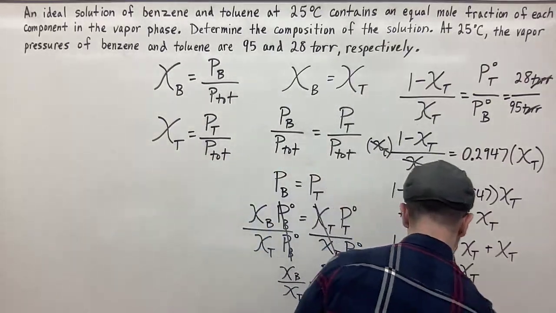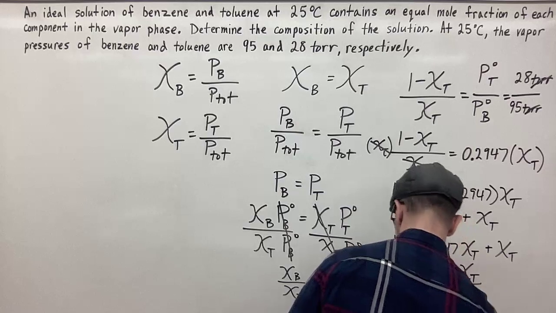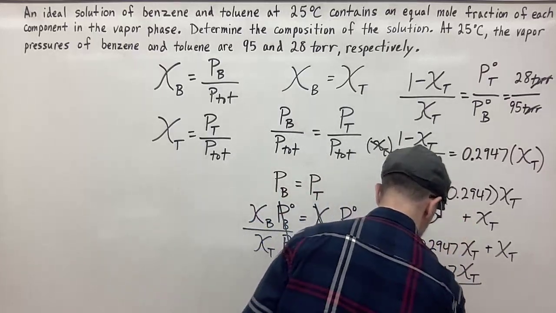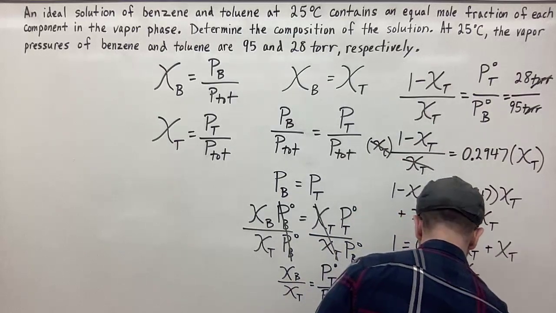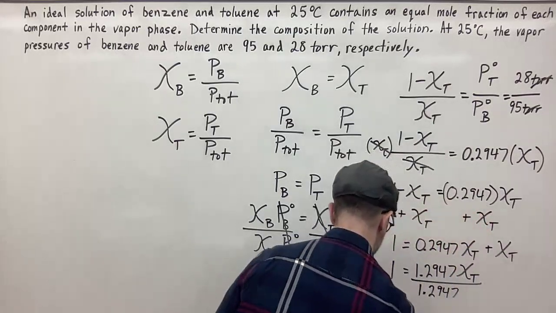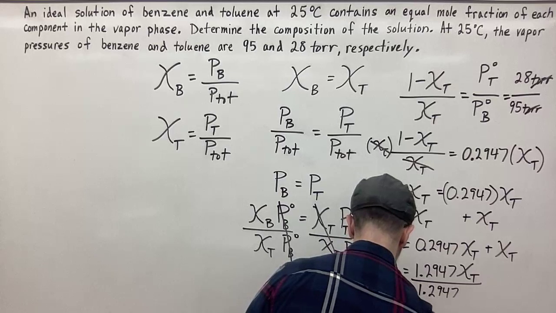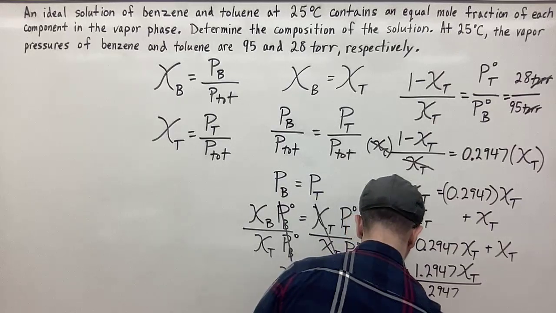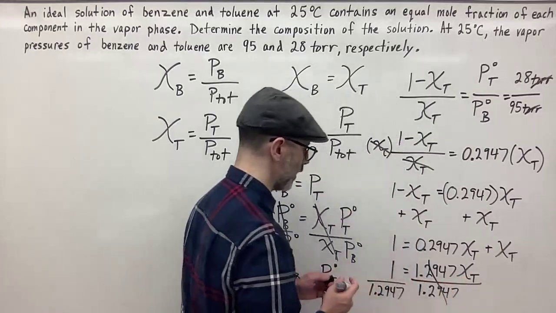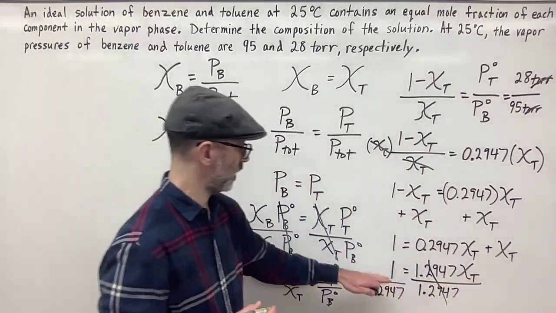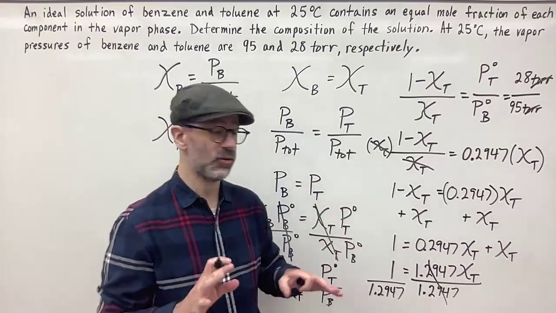So to get the mole fraction, I just divide both sides by 1.2947. That cancels out. So the mole fraction of toluene in solution, again, this is where we're talking about the